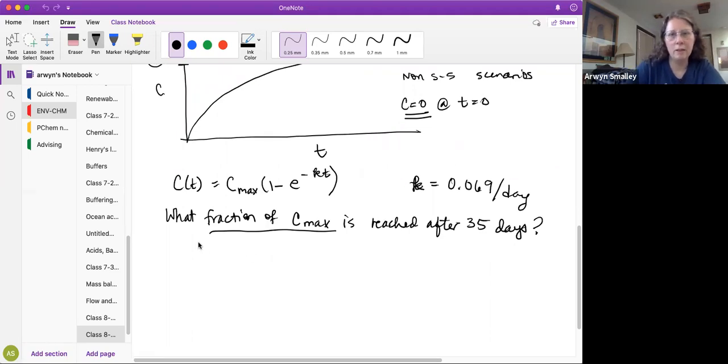All right. So we've done a number of these problems that are kind of similar when we were doing integrated rate laws. Then,